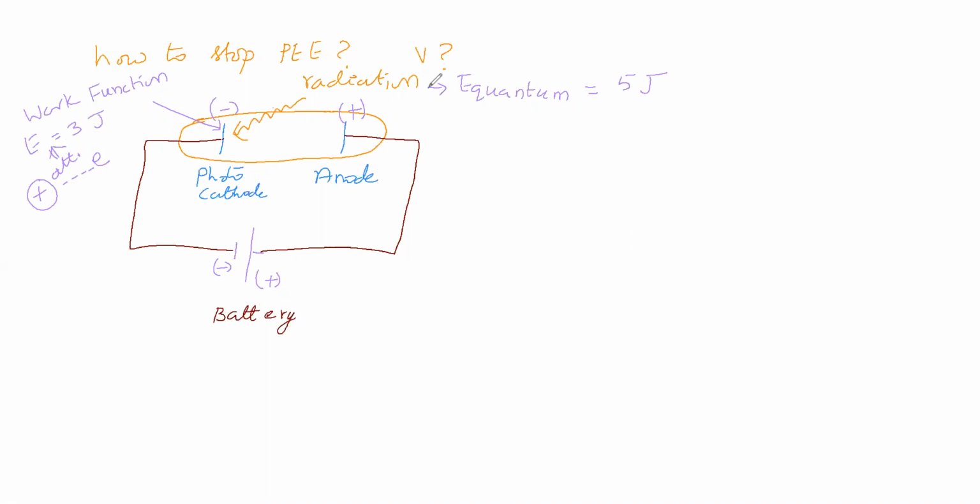Sir, now we are taking this radiation. This radiation has quantum energy of this much. This quantum is falling on the metal atom. This electron is absorbing this quantum. In this quantum, this electron is utilizing this much energy to break this attraction. To break this attraction, 3 joule is utilized. So the remaining is 2 joule. The ejected electron will have that 2 joule as kinetic energy.